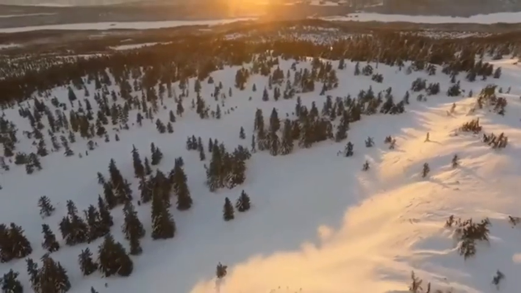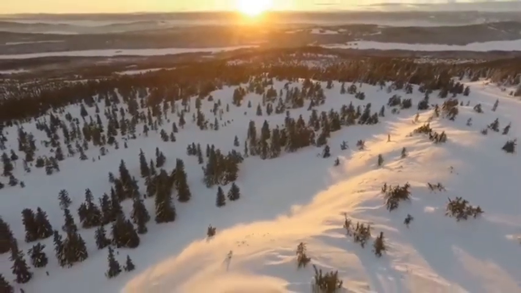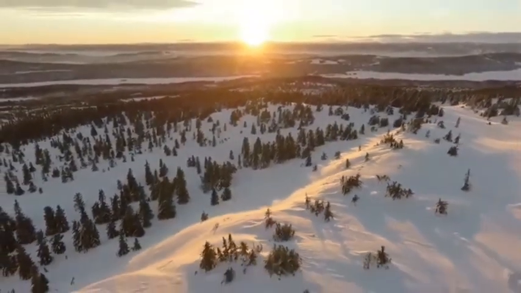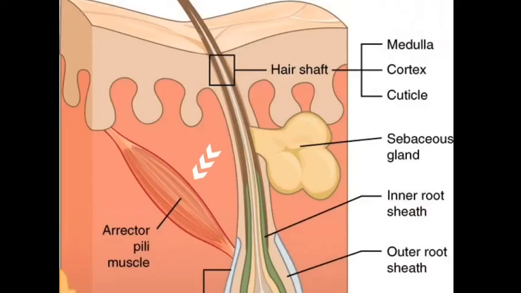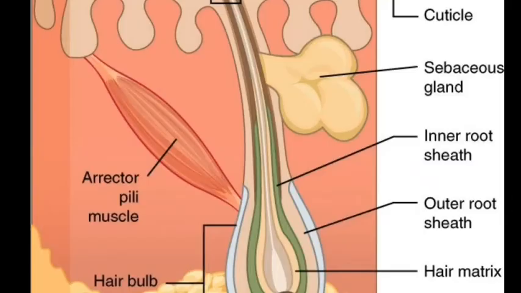When we are in cold environments, our thermoreceptors signal to our brain that our body temperature is decreasing. This triggers the release of the hormone epinephrine, which targets these erector pili and causes them to contract. The contraction of these muscles causes our hairs to stand erect, which is also the cause of the bumps. In fact, erector pili literally translates to a thing that erects hair.